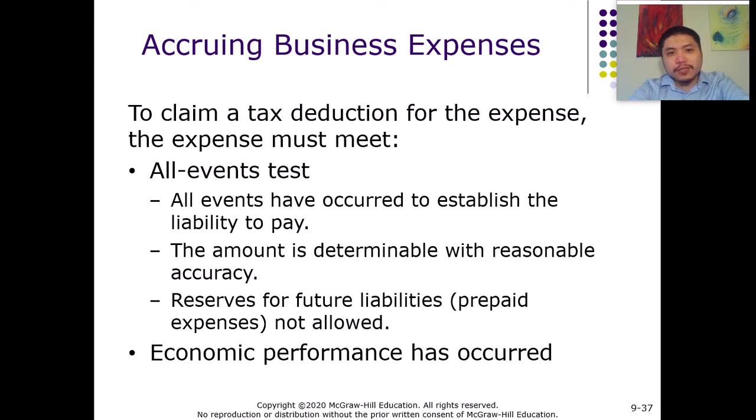In contrast with the all events test for recognizing income, the all events test for recognizing expenses tries to postpone, to defer the recognition of expenses, right? So we know the purpose of the all events test for recognizing income is to accelerate the recognition of income. So the all events test for recognizing expenses works the opposite. It's trying to postpone the recognition of expenses, right? So you can see that's why usually